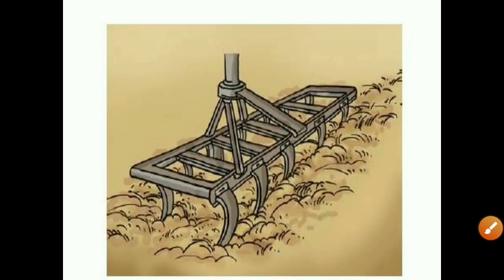The third agricultural implement which we will study is a cultivator. This is a cultivator. The cultivator is a tractor-driven agricultural implement which is used for loosening and turning the soil in the fields quickly. A cultivator has many plowshares which can dig into a considerable area at the same time, loosen it and turn it. Due to this, many fields can be plowed in a short time using a cultivator. The cultivator is going to save your labor and also time. Nowadays, the plowing of a large field is done by using tractor-driven cultivators.